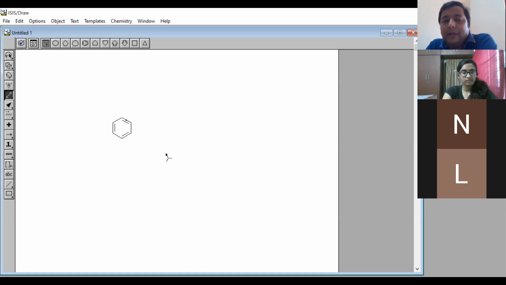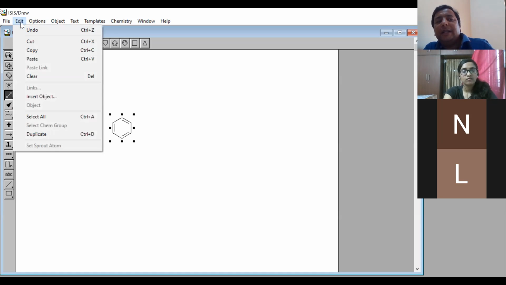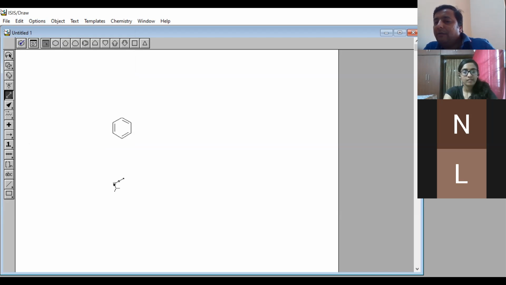So what I gave the demonstration yesterday, how to convert 2D structure into 3D. It's clear. So here, Control A, you do in the ISIS interface. Now the structure has been selected, right? After that, you can use your laptop, Control C, or you can use Edit, the Select All option will be there, then Copy, right? Whatever you are comfortable with, you can do it.